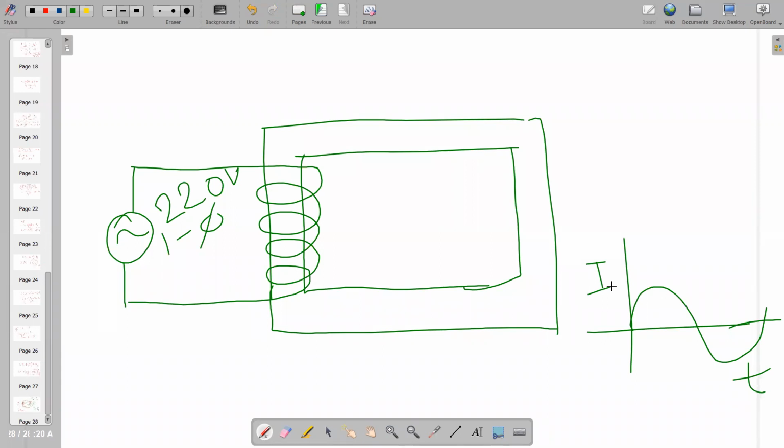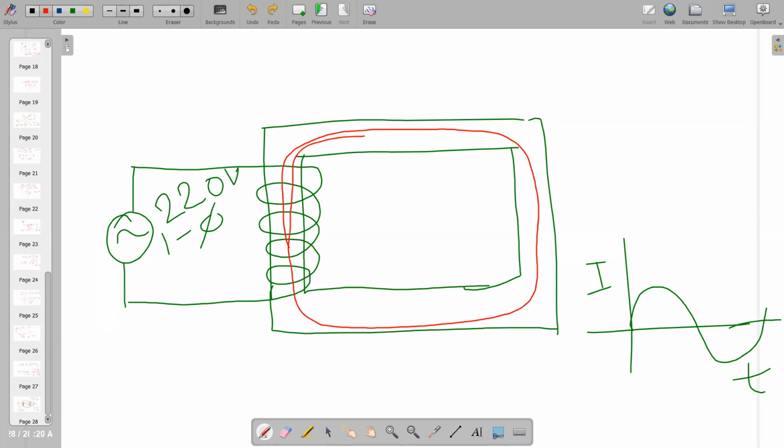So the magnetic flux which is produced, magnetic flux is nothing but the number of magnetic lines produced, moves through the iron core like this. I will draw the magnetic field lines using a different color. Let's call it red. The magnetic field lines will pass through the iron core only.